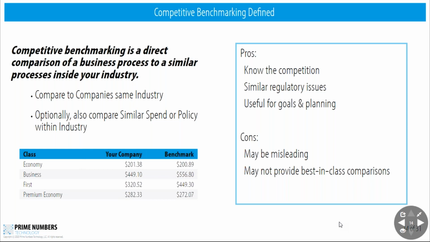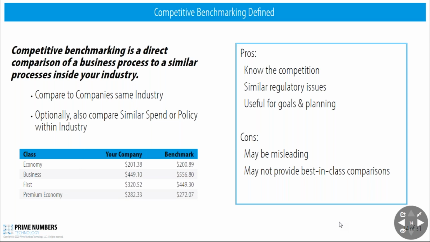All right, so competitive benchmarking. Competitive benchmarking is a comparison between two processes inside your industry. So like for like, let's look at travel within the industry and compare by whatever measure, by cabin, by market. Now, when you compare companies in the same industry, you can also compare by similar spend and policy. So in Prime, you can select multiple benchmarks. You can actually look at just the industry as a whole, or also by spend and policy. It'll create a smaller benchmark, but it's a very specific benchmark that allows you to know your competition, right? And then really stack up